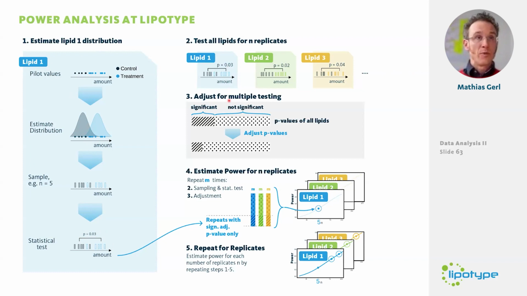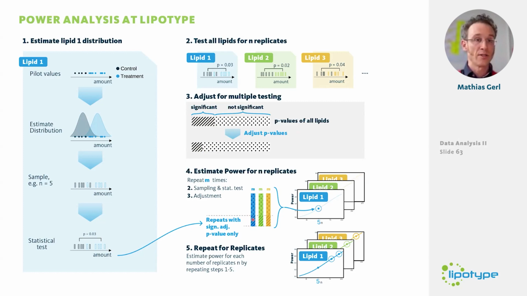You get all the p-values, you put them into a multiple testing adjustment method, let's say Benjamini-Hochberg or something, and then you get your adjusted p-values, which are less significant than before. And then when you have this, you have one of the points that says, okay, in this case, I found a statistically significant test or not in your